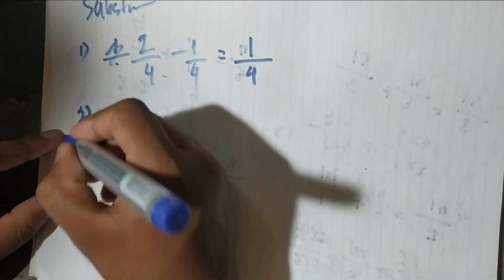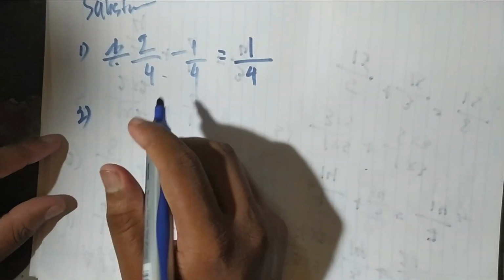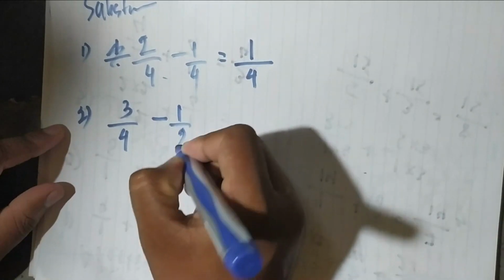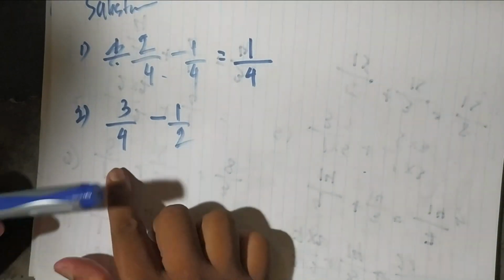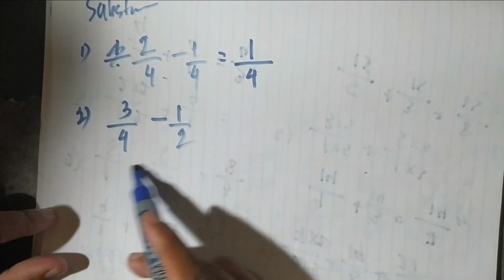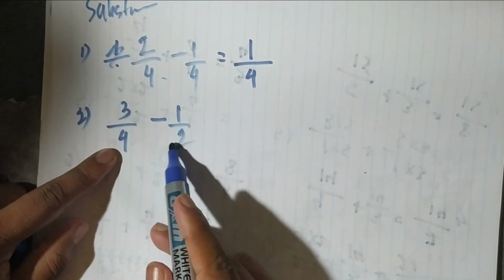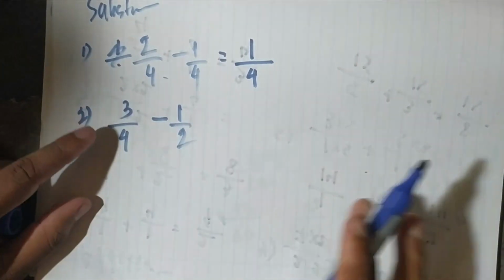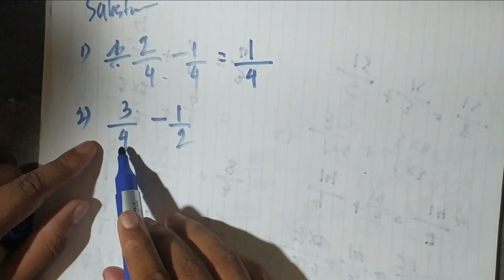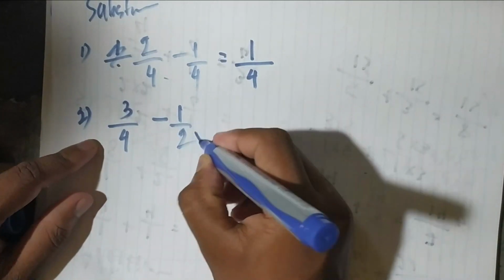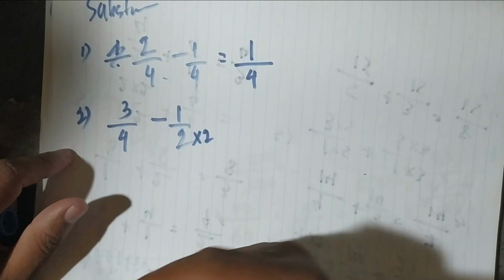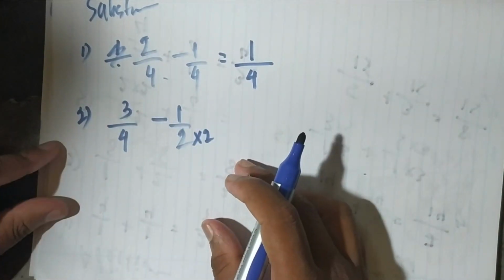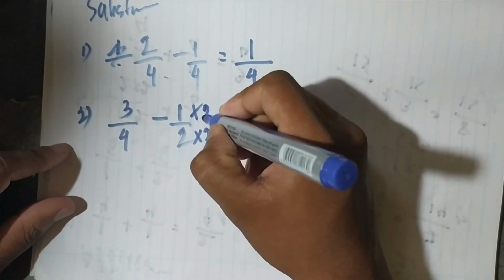So I am coming for another example. So let's take 3 over 4 minus 1 over 2. Okay. So in this, the denominators are not equal. You can see denominators are not equal. So what you should do? You should equalize that. So converting 4 into 2, that is not possible, but 2 you can convert into 4. So how can you convert? Multiply this by 2. So in equivalent fraction, if you multiply denominator by a number, numerator also you should multiply by the same number. So I am multiplying this by 2.